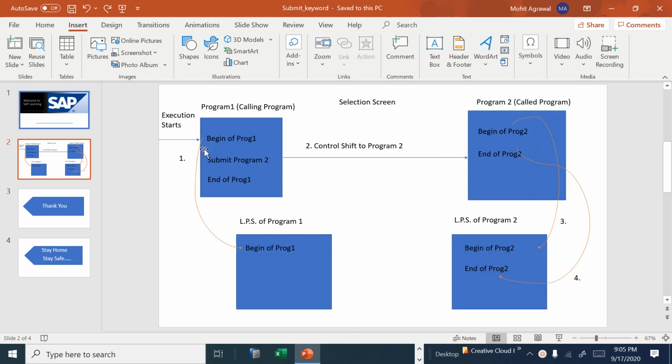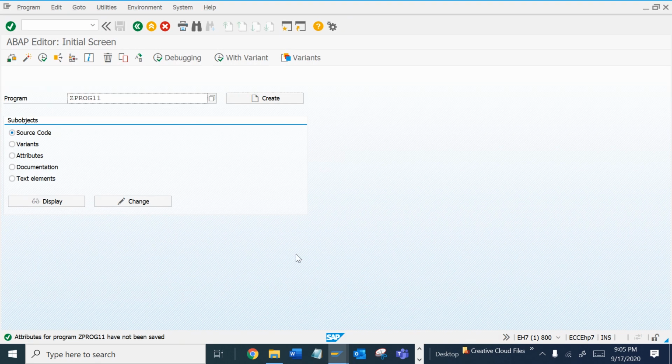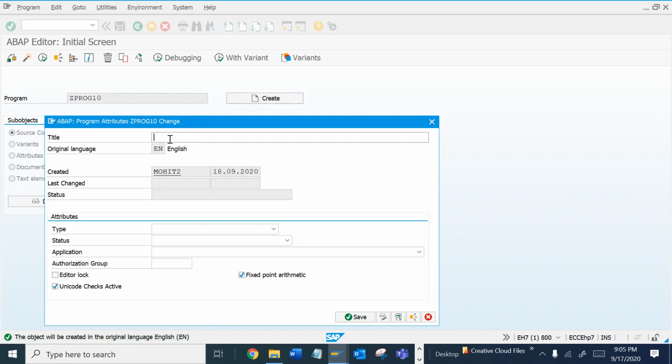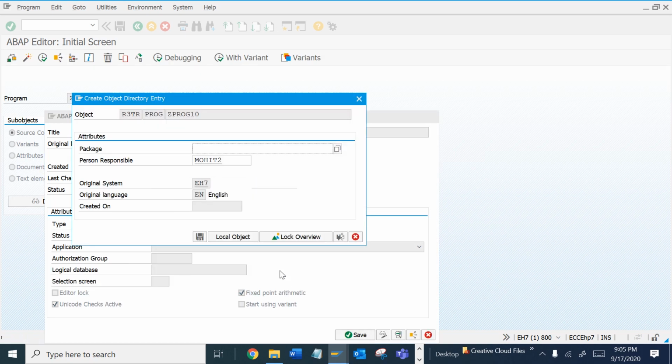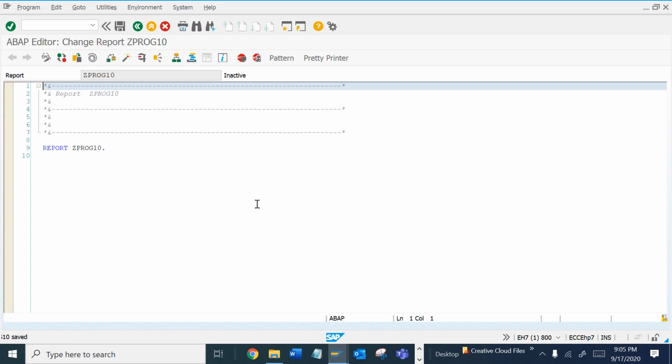Let's suppose I create a program. I name it Program 1 and save it in a local object.